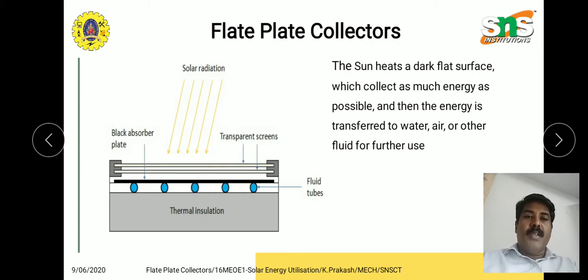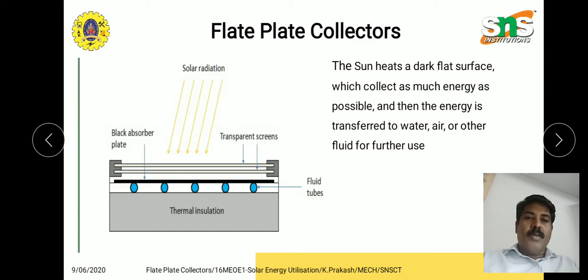So as it absorbs the solar radiation, this fluid tube here is made of copper. It has good conductivity. So by absorbing the heat, it transfers the heat by the conduction process, and the fluid inside the tubes is heated. So the fluid inside, this blue color is the fluid, inside the tubes is getting heated. So now this is a simple process by which the water is heated from 30 degrees Celsius to 130 degrees